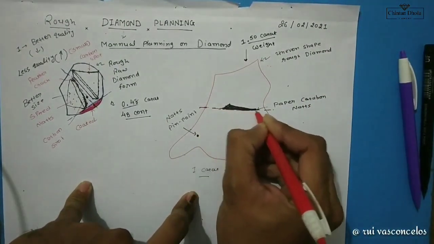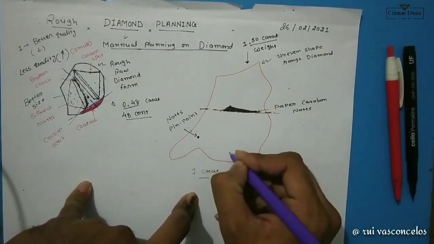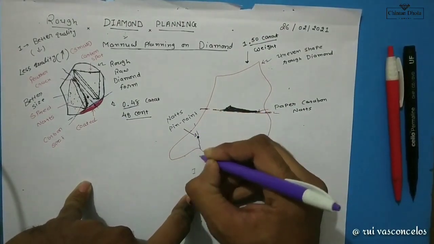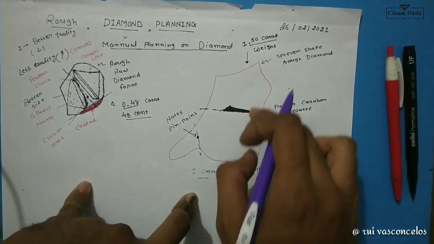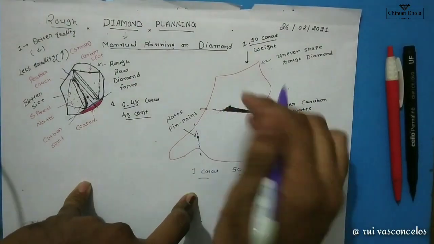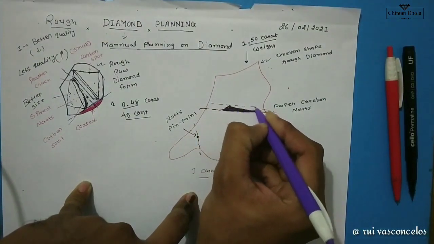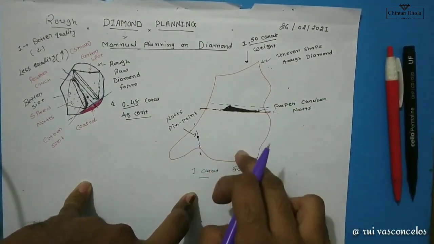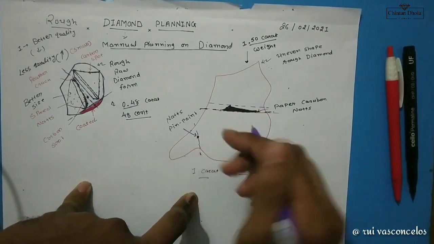If you cut this diamond first here, then you can get this size of diamond. After that you can do this type of planning. You can get better quality over here, better quality over here, and better quality over here, but you have to do another planning on it. What is that? This is the manual marking process. After that you get this better quality diamond, this is also a better quality diamond, and this is also a better quality diamond.